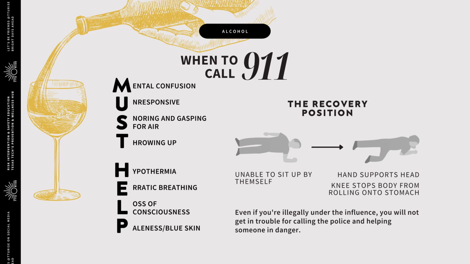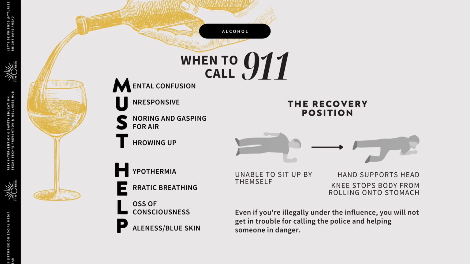There's an acronym for this. It's called MUST HELP. And this denotes any of the areas where alcohol poisoning might be present in a situation. If there's mental confusion, unresponsiveness, snoring or gasping for air, throwing up, hypothermia, erratic breathing, loss of consciousness, or paleness or blue skin, these are all signs that somebody is in immediate danger and that you need to call emergency